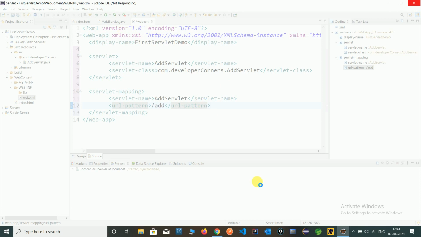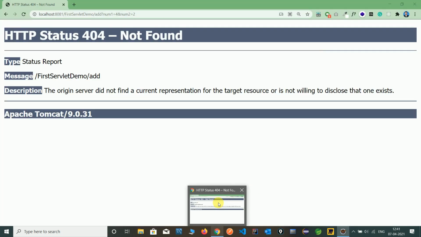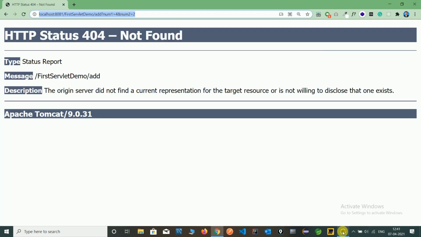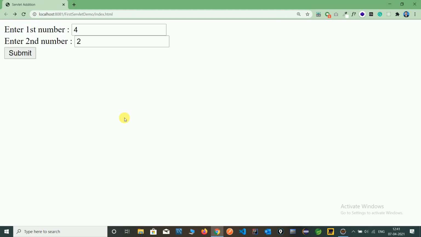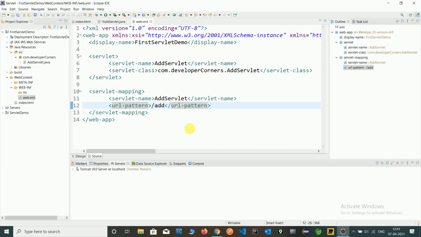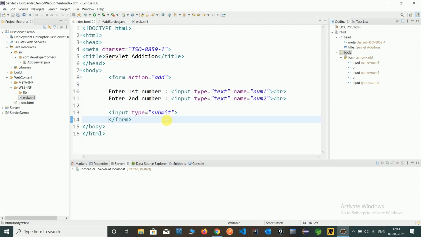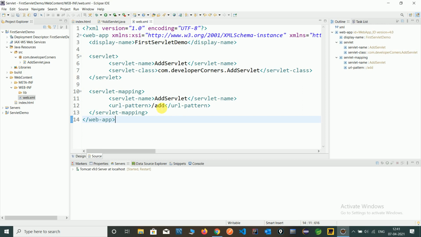It's taking some time for the build process. Just check in index.html. We have already given add. Add is the URL pattern, and in web.xml the URL pattern add calls the AddServlet class. So let's run our program.